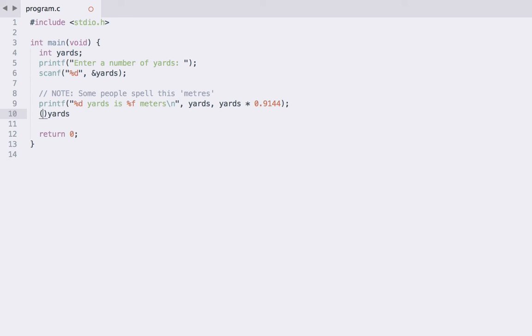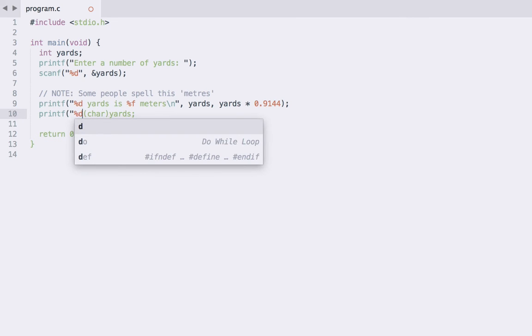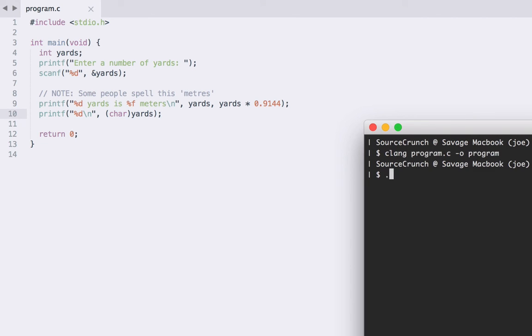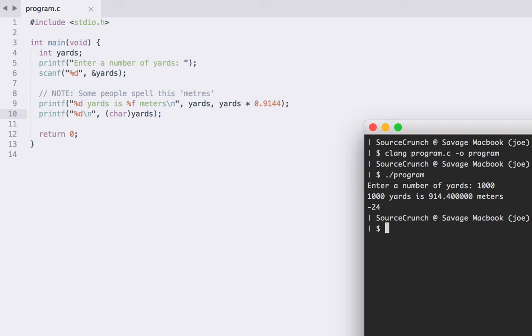So say we want to convert our integer yards into a char type, then we just type char in brackets before our variable, and then of course we have to end the line with a semicolon as usual. And actually let's roll with that, let's printf, let's use %d, and okay. So we're outputting with printf the integer variable yards casted to the char type, and let's see what happens. So if we compile and we run, and enter a value, let's actually say 1000, we actually get -24 as the value outputted. And again, this is actually dependent on the whole 2's complement thing.